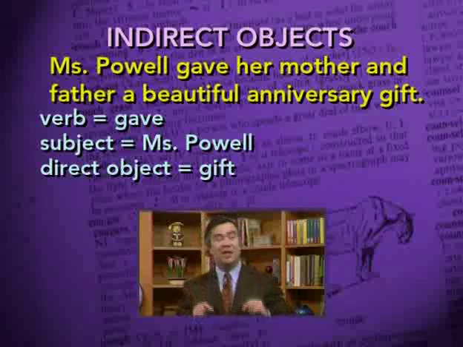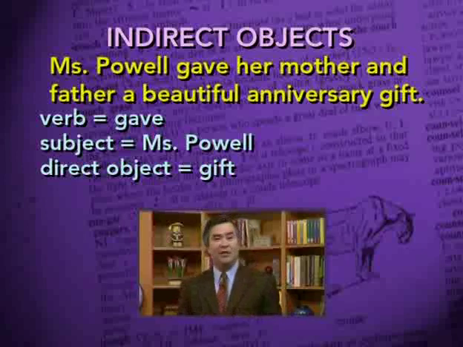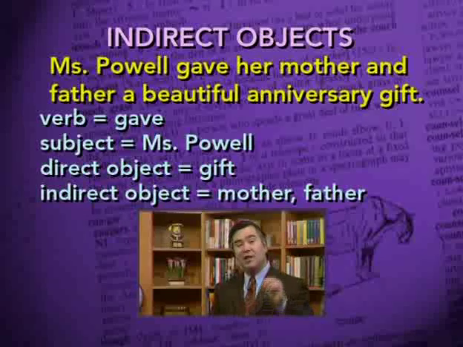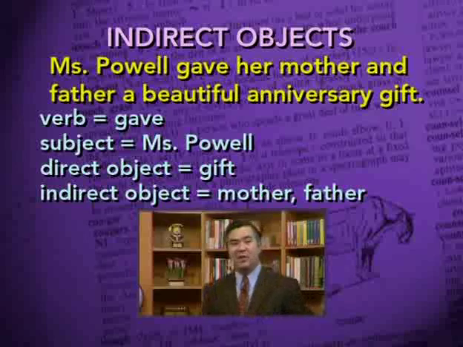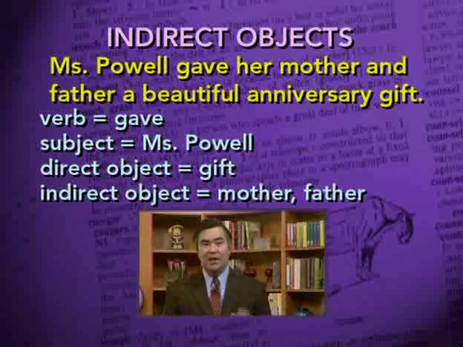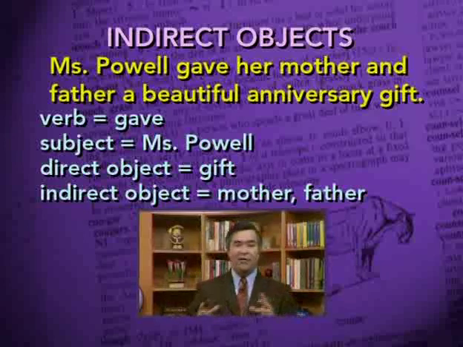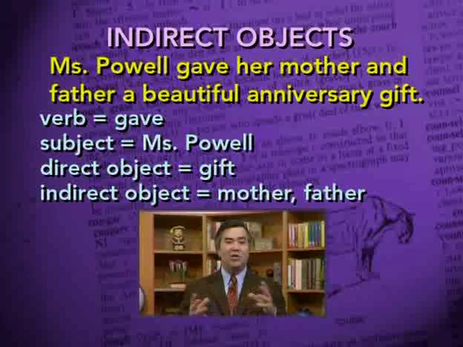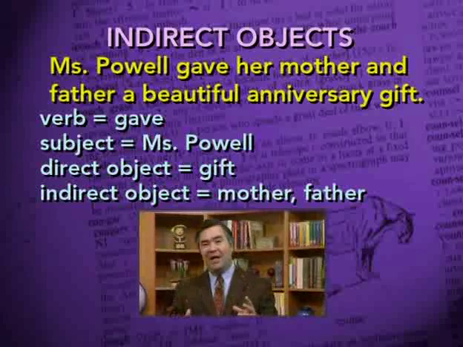Now, to whom did she give the gift? That is, what's the indirect object of the verb gave? The answer is mother and father. There are two indirect objects in this sentence because there are two people to whom the gift was given. Those two words, mother and father, joined by the coordinating conjunction and, go together to make up a compound indirect